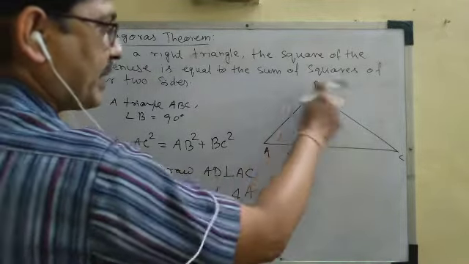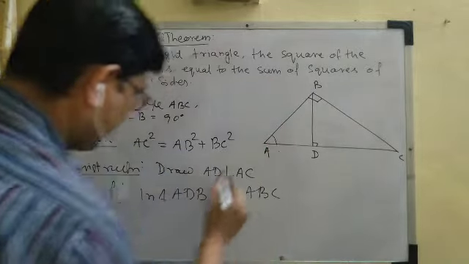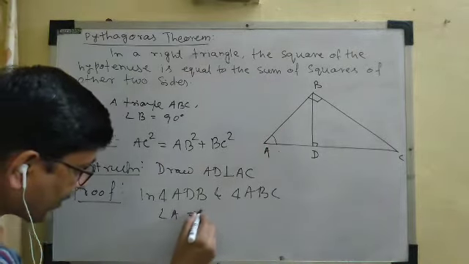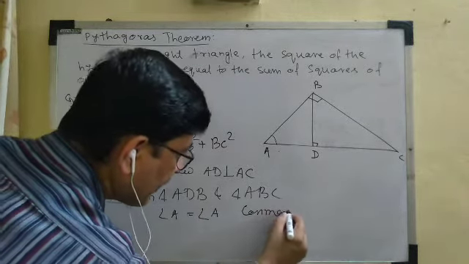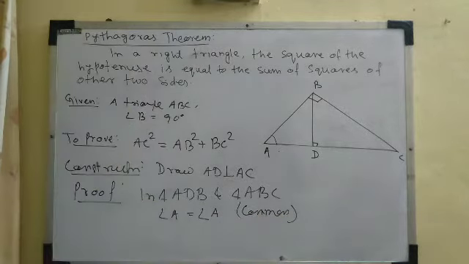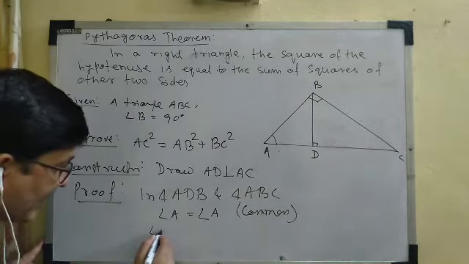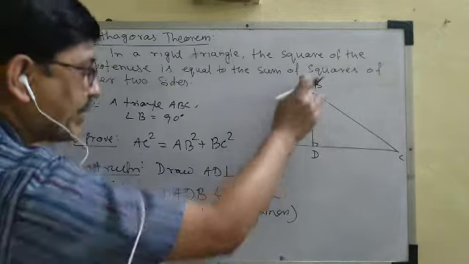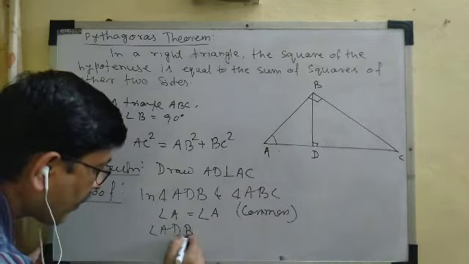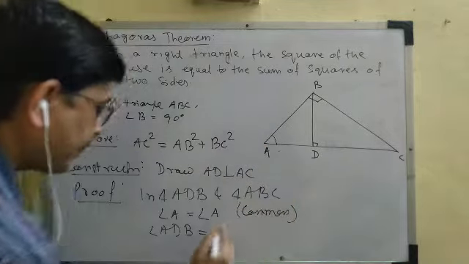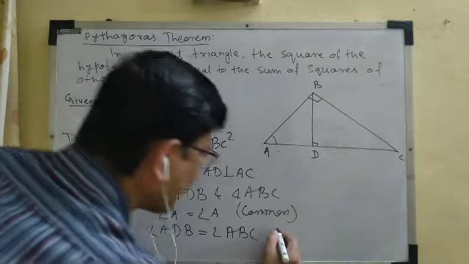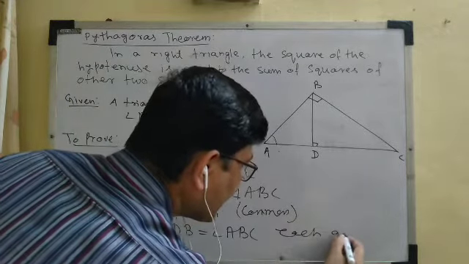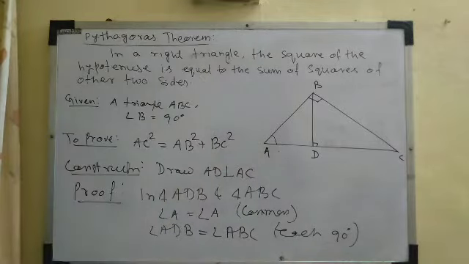Angle A is equal to angle A, common angle. Again, angle ADB is equal to angle ABC, each equal to 90 degree. Thus, by AA similarity criterion,